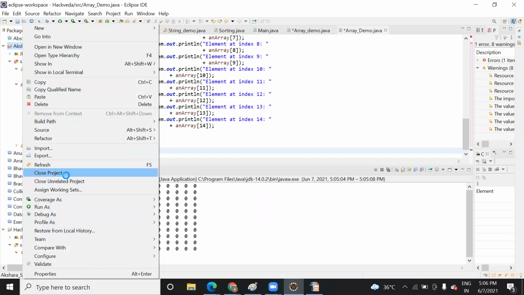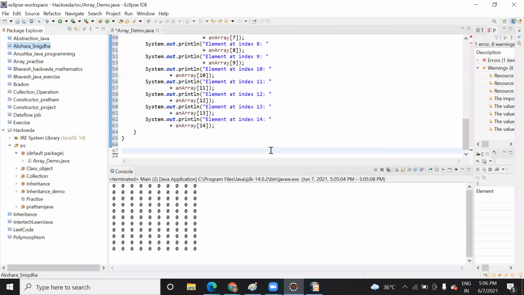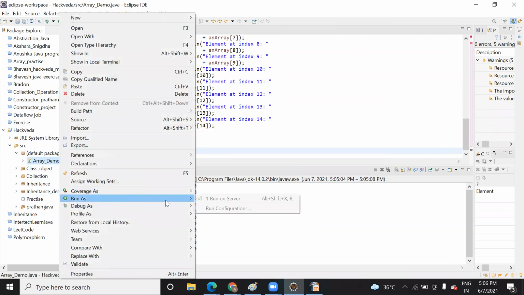Let me close this project. Run on server.